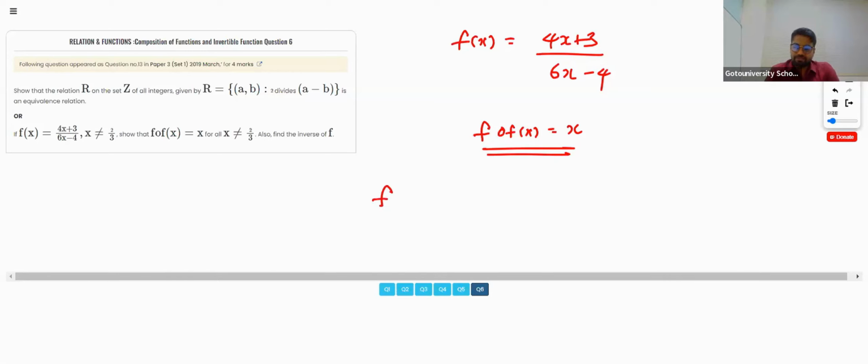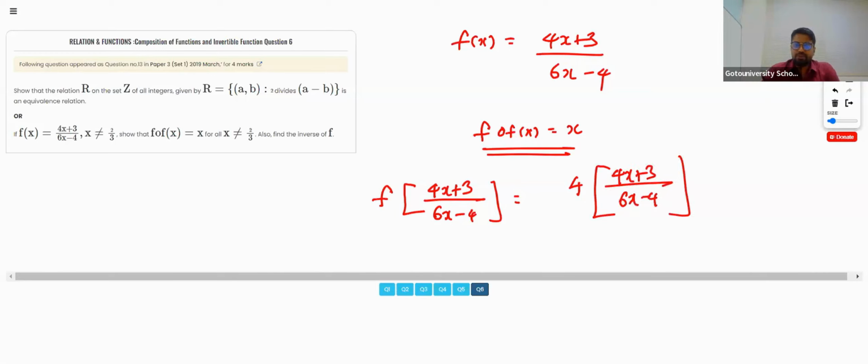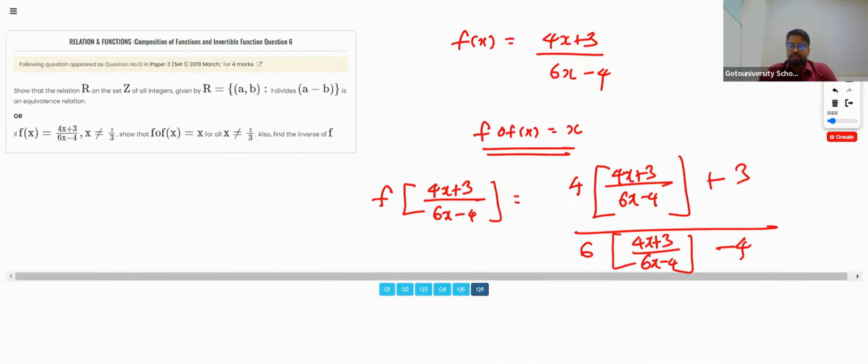So what is this? The function is (4x plus 3) divided by (6x minus 4). Now what I should do is replace wherever x is there with the entire expression (4x plus 3) divided by (6x minus 4). In the numerator, 4 times this part, plus 3, and in the denominator, 6 times this part, minus 4. Let's observe and answer because we don't have to solve this completely. If you solve this, what we get here is